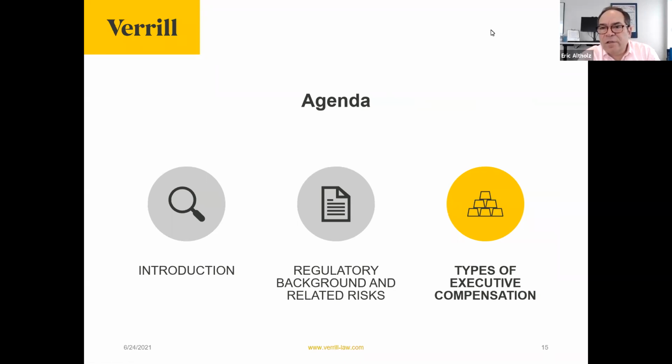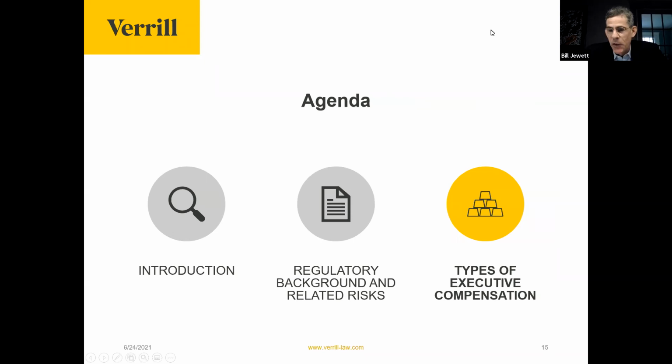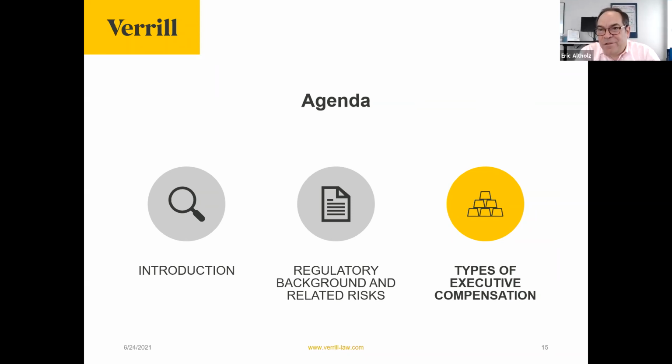Are there questions in the chat room? We do have one question going back to the tax rules, and specifically to the rule about FICA being payable at vesting, so Social Security and Medicare being payable at vesting. The question is, is it payable both by the employer and the employee at vesting? Yes. Bill, unless you have a different answer to that. No, that's correct, in spite of the fact that the employee is not necessarily going to have liquidity to pay those employment taxes unless the award pays out at the same time.